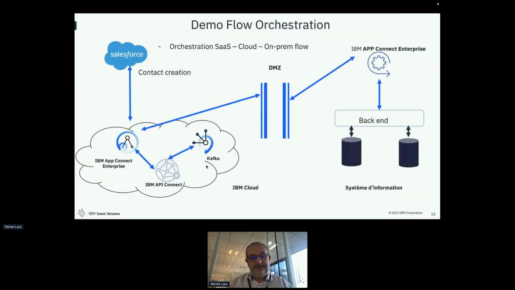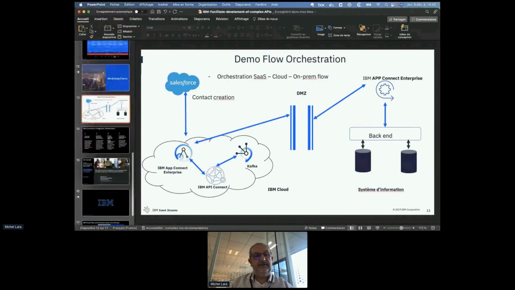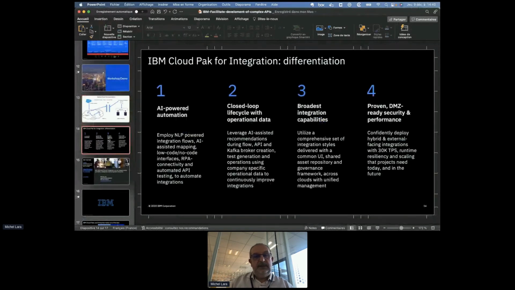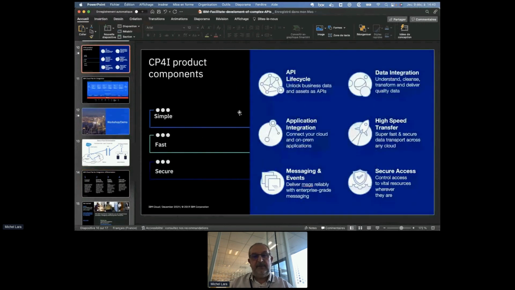So what I tried to do is to show you how to manage complex flow with the integration capability we have. Of course, as I said previously, all this capability is available on SaaS.